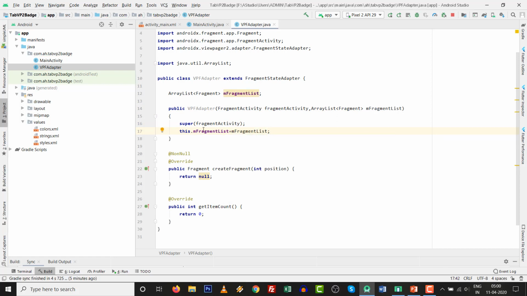Why are we writing this? If you do not know, then refer to core Java. Why are we writing this here? Because the member class variable and the argument parameter have the same name. So that's why. And inside createFragment, because we are going to use it dynamically, we just change null